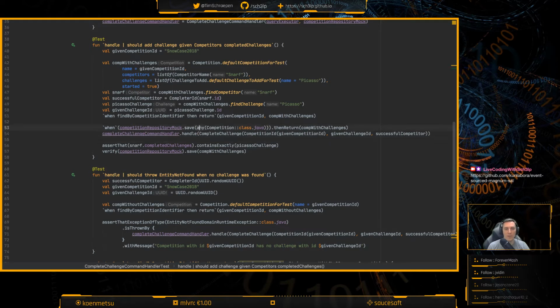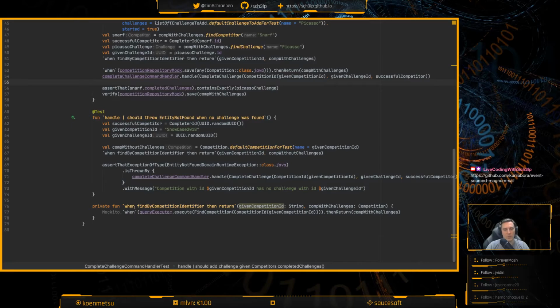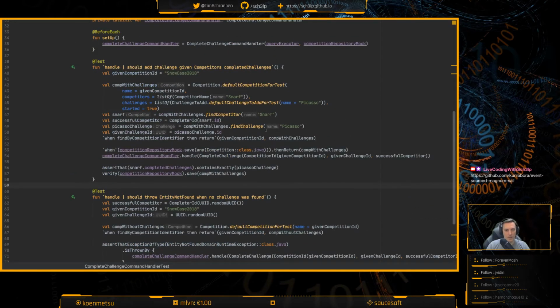So the thing I'm not testing right now is that the correct competition with the entire completed graph is in fact the thing that's being saved. So I could break this test, but I mean, I'm not gonna. Okay, so that's that, I think.